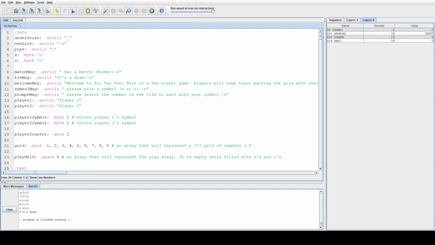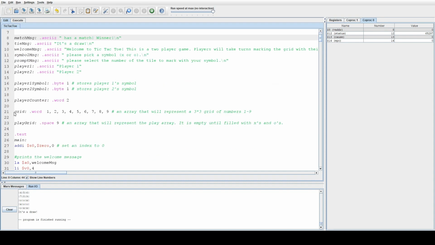This is our data section. It stores all of the strings and characters that we're using for the program. It stores the strings as .ASCII and it stores characters as .byte. There are also 2 arrays here. We have this grid and this play grid. The grid is of type .word,